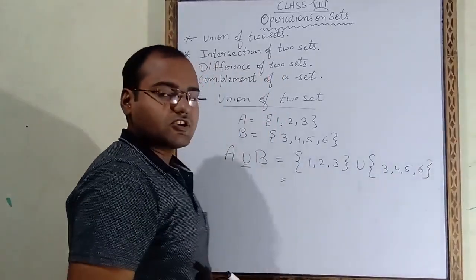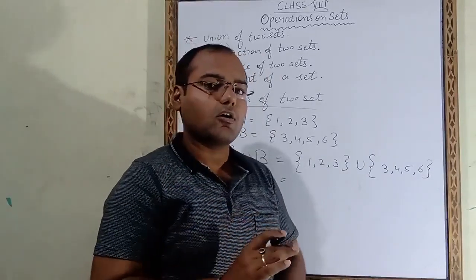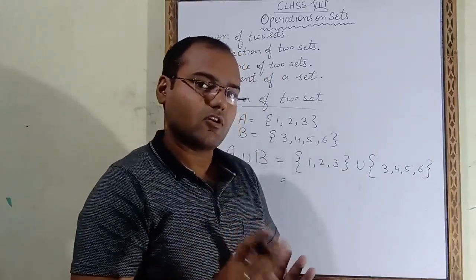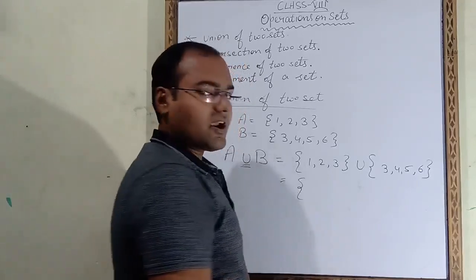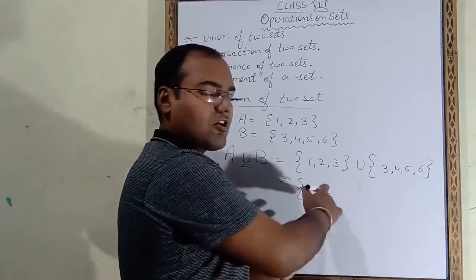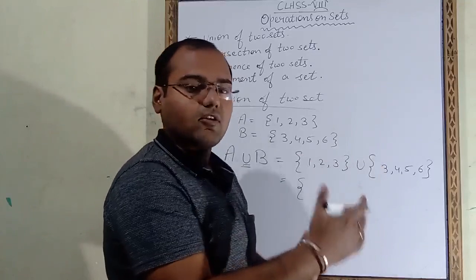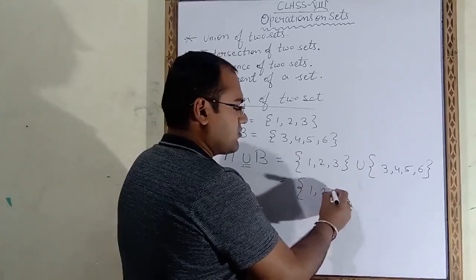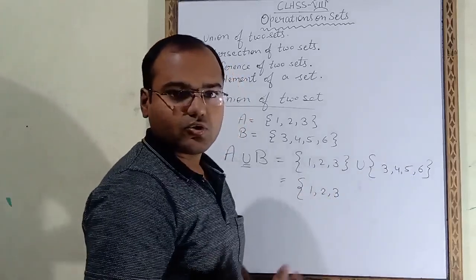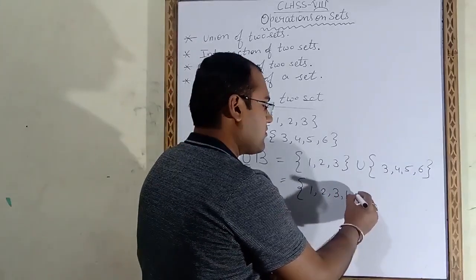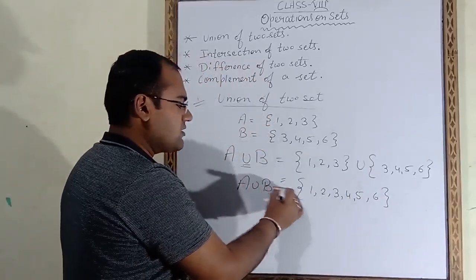So according to the definition, what is the union? It is a set in which all the elements belong to either the first one or the second one or to both. So what we have to do here is write all the elements of the first set, the second set also, and those elements which are coming in both, that also. Suppose I have taken 1, 2, 3 and from the other set 3, 4, 5, 6. 3 we had already written, so no need to write it again. 4, 5 and 6. So this is the answer of A union B.